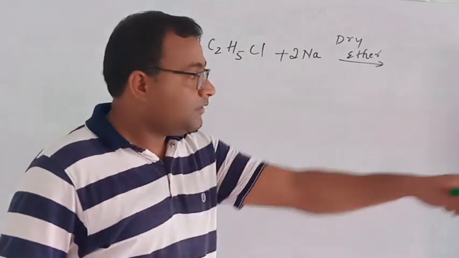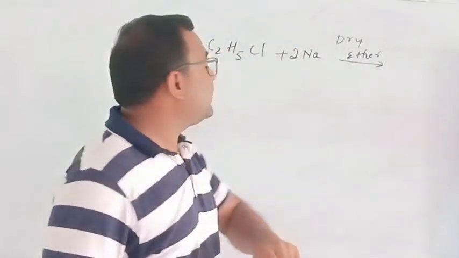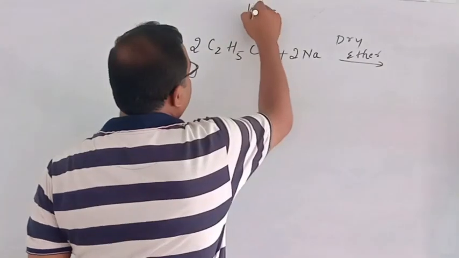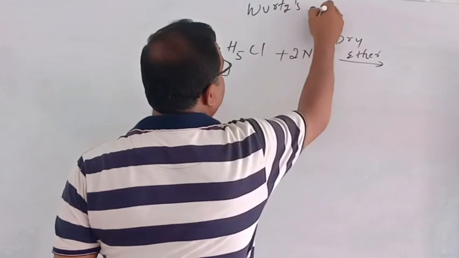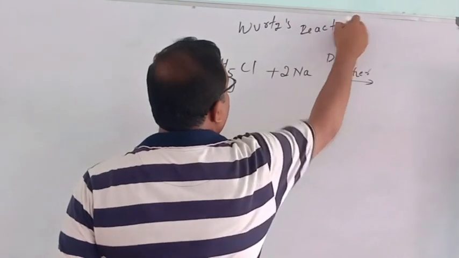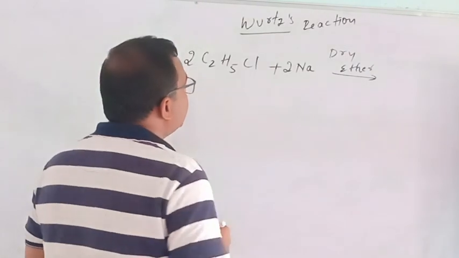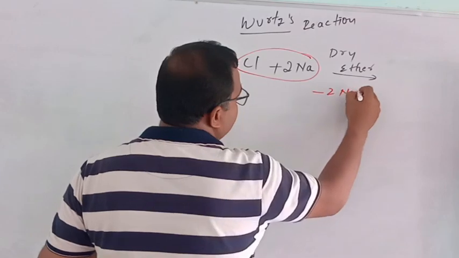One thing I forgot to type there: it is dry ether. Now what compound is formed? It is the Wurtz reaction. In the Wurtz reaction, you know that sodium gets separated out in the form of 2 NaCl,